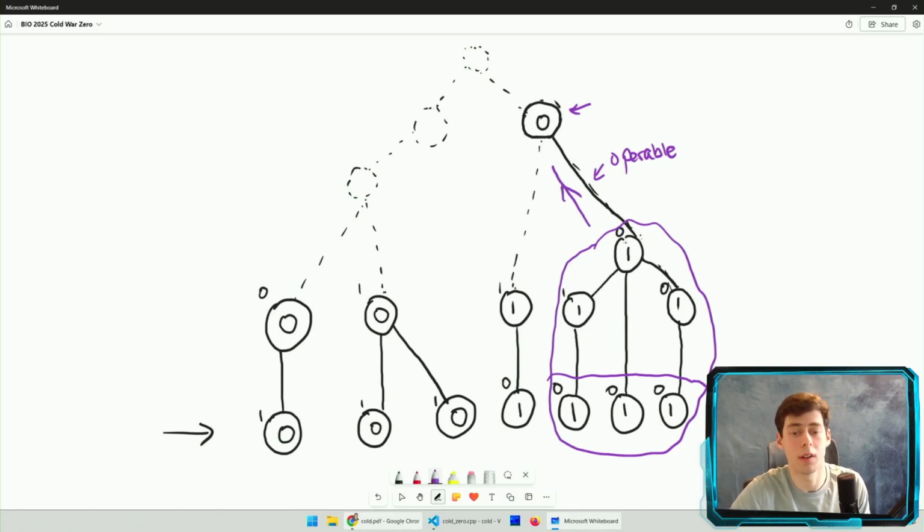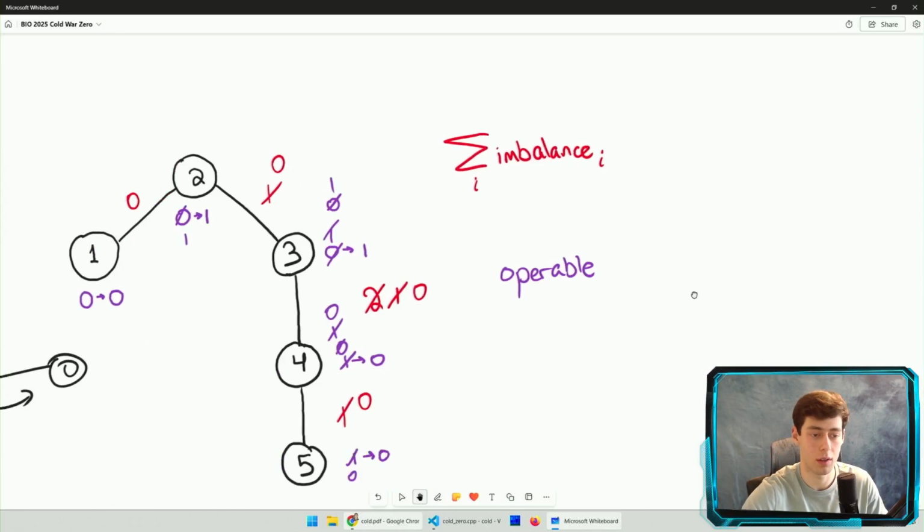So that's it. I mean, you'd have an exactly symmetric analogous proof, the dual proof, if you had a 0 here and a 1 here instead. So whichever way you connect the components, this will happen. So we've shown that any tree that hasn't been completed yet will have an operable edge. So that's a very long way of saying